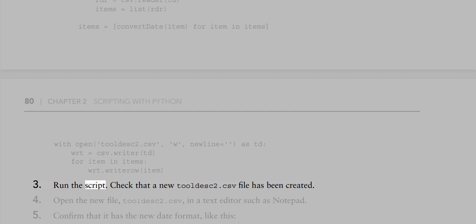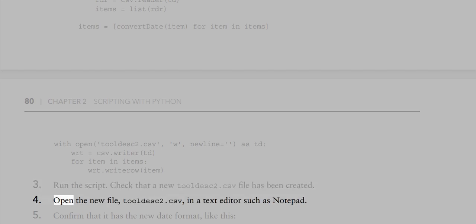3. Run the script. Check that a new tooldesk2.csv file has been created. 4. Open the new file, tooldesk2.csv, in a text editor such as Notepad. 5. Confirm that it has the new date format, like this. 1 Lawnmower small hover mower Fred $150 excellent